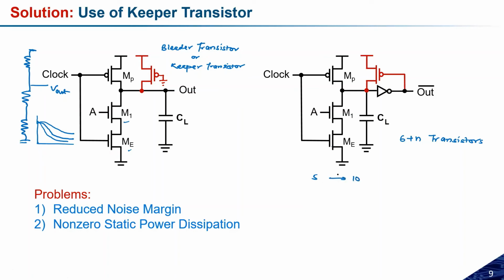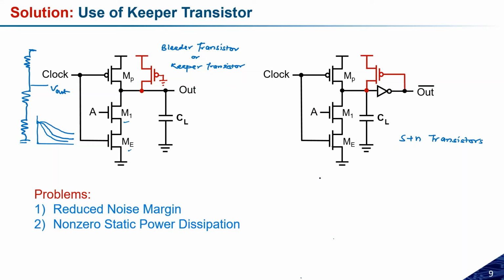Sir, I think that 5 plus n is only correct, because 1, 2, 3, 4, we need 6 transistors in this case. Okay, yes, we are considering it as an input. So yes, 5 plus n is fine. So if I am increasing the number of inputs, in that case, the area can be matched up.